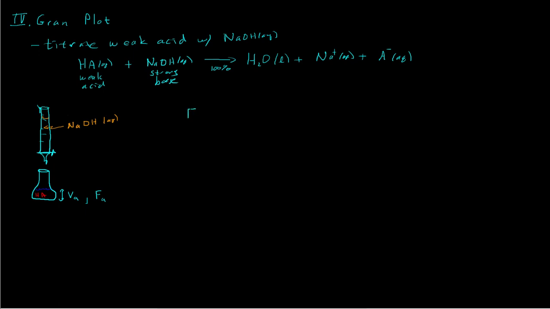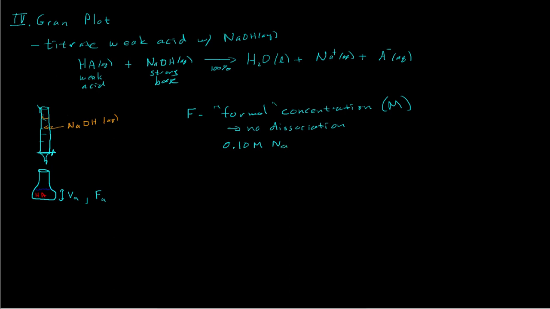So F is going to be our symbol for what we call formal concentration. So the F for formal. And so formal concentration will be measured in units of molarity, but it could be millimolar. Really, any concentration unit is okay. But what's different about formal concentration is that basically it assumes that there's no dissociation or other kinds of reactions going on. And so, for example, if I have 0.1 molar